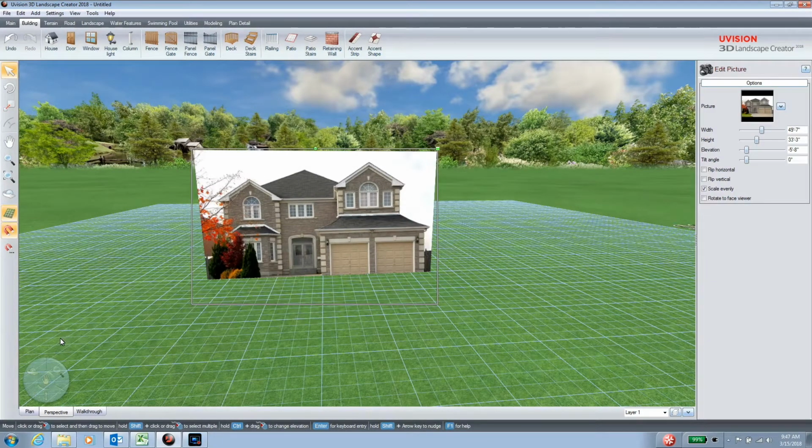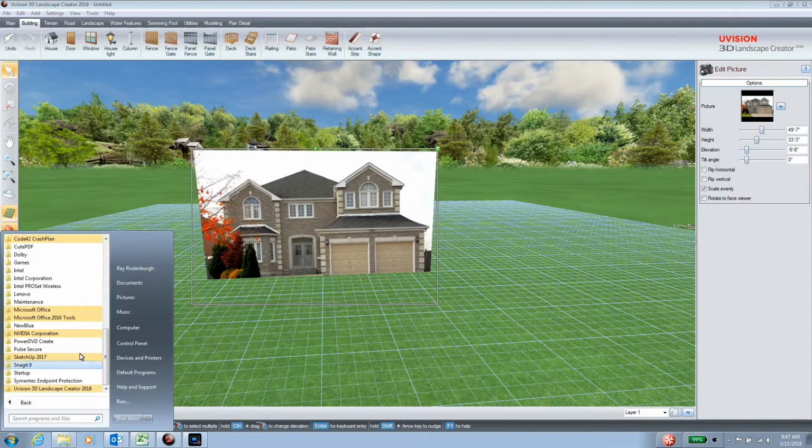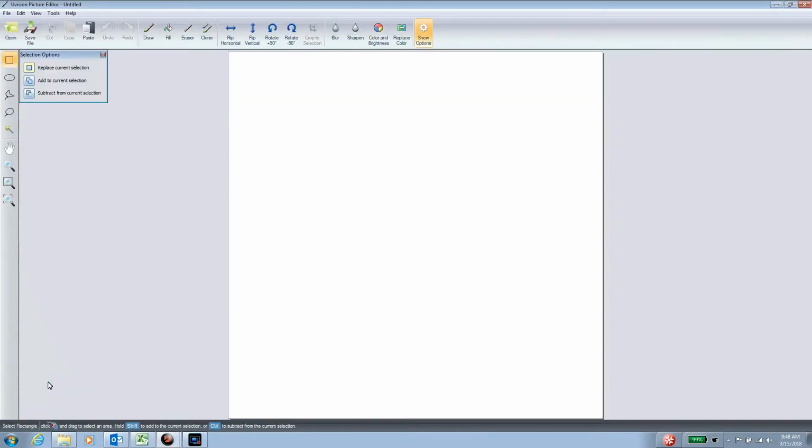Well, there's a tool that comes with the UVision, and it's called the Picture Editor, and you'll find it when you go to your UVision 3D menu. You'll see the landscape photo and UVision Picture Editor. That's all in your UVision 3D Landscape Creator 2018 package. Open up UVision Picture Editor,